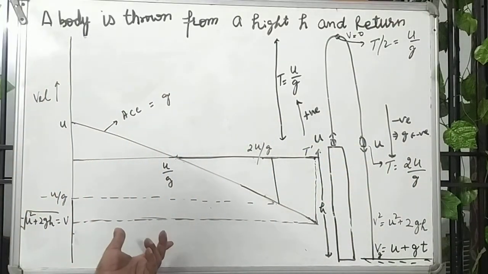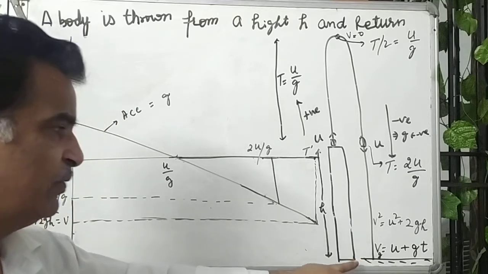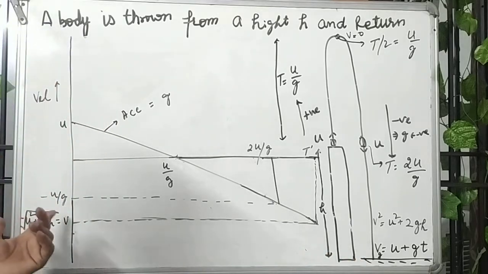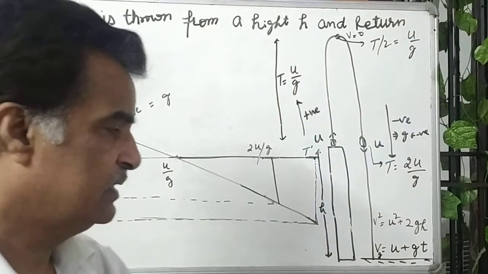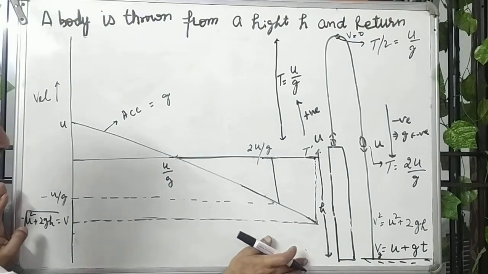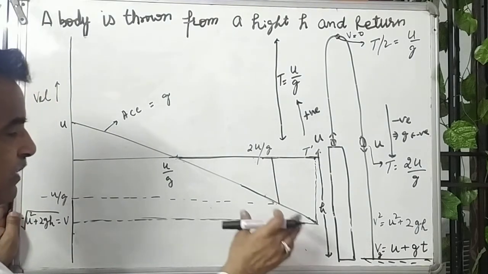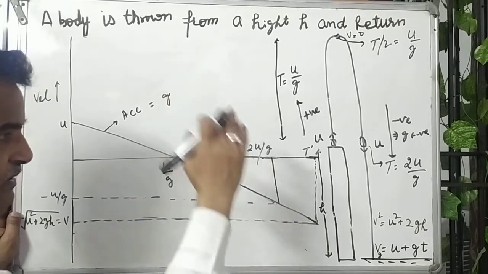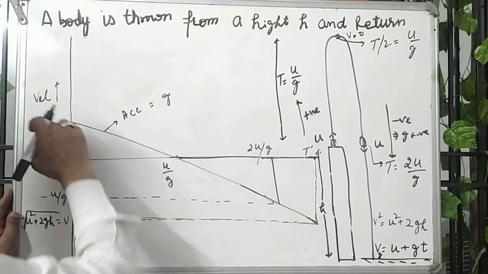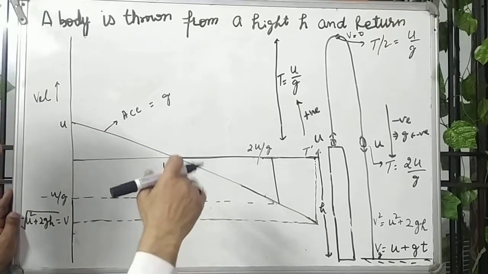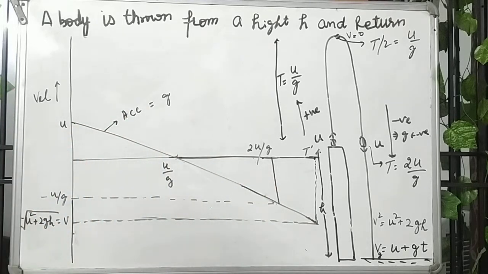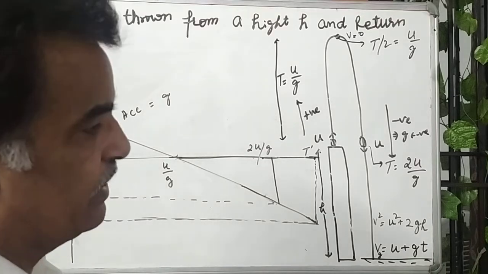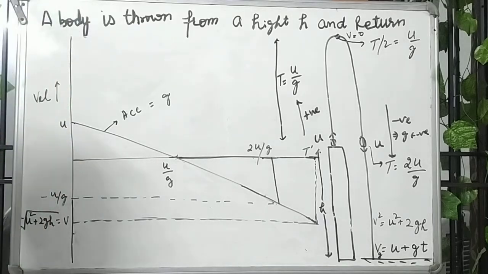Velocity when it reaches the ground is v equals minus root of u squared plus twice gh, with a minus sign because the direction is downwards. So this is the total graph, velocity versus time. It is a straight line, and this represents the whole motion. In a VT graph, a straight line represents constant acceleration, and the acceleration is negative, since downward direction is taken negative, that is g.